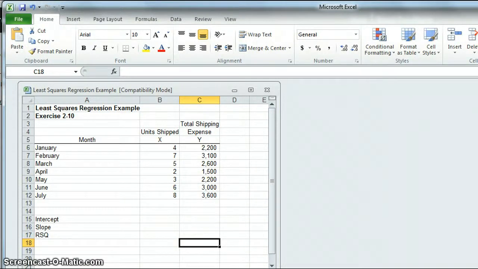In this segment, I'm going to demonstrate the use of Excel in performing regression analysis. In order to illustrate how to use Excel to perform regression, I'm going to use exercise 2-10. If you look at exercise 2-10 on page 56, it really asks us to perform scatter graph analysis as well as the high-low method. We learned that the least squares regression method gives us a more precise, accurate cost function